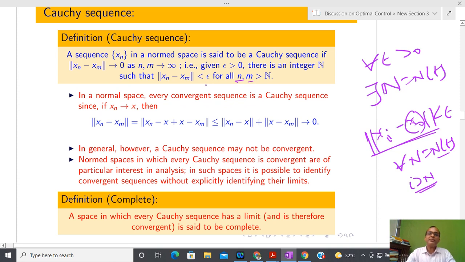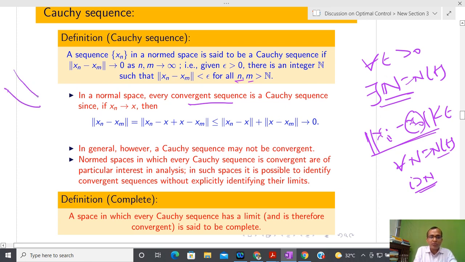Okay, and it is possible to show that if I have a convergent sequence, convergent means I know the limit, and if I select any epsilon, then I am able to define n. If I further decrease epsilon, again I am able to define some n. In this way I can decrease epsilon to 0. So if I have a convergent sequence, it is possible to show that it is also Cauchy, because all